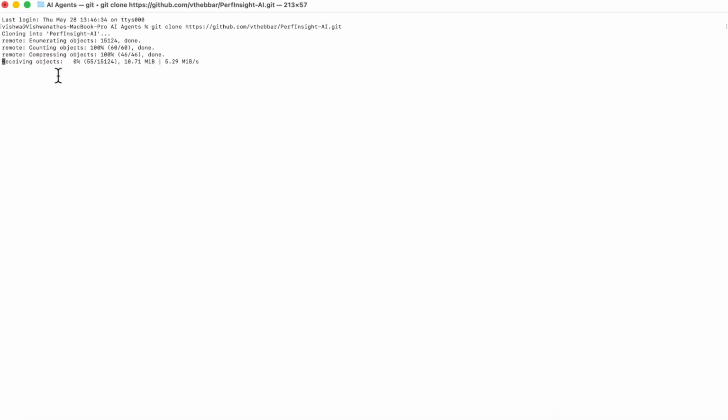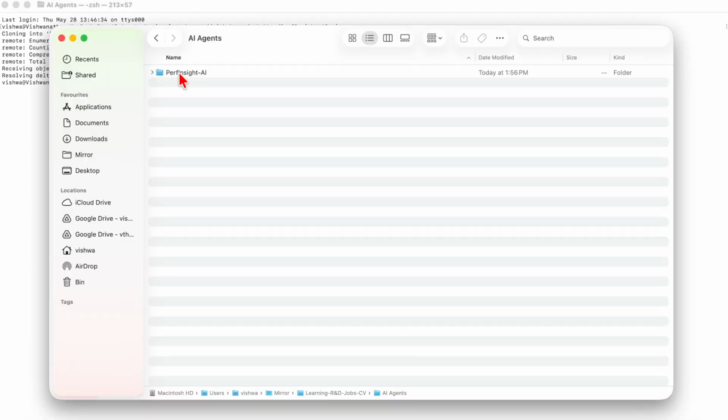So now I have opened the terminal. I will just clone it, git clone. So let us wait for this git repository to complete the cloning. Now 100% cloning is completed. Go inside this particular folder,